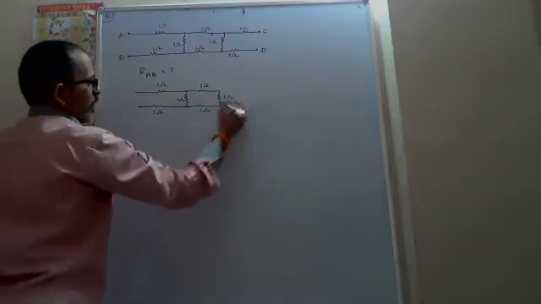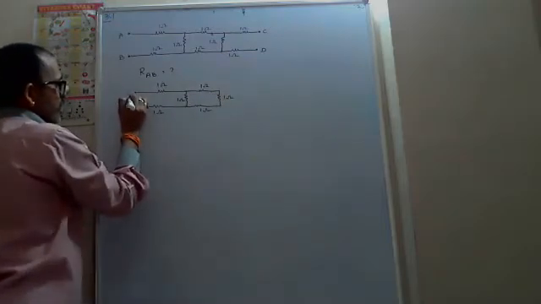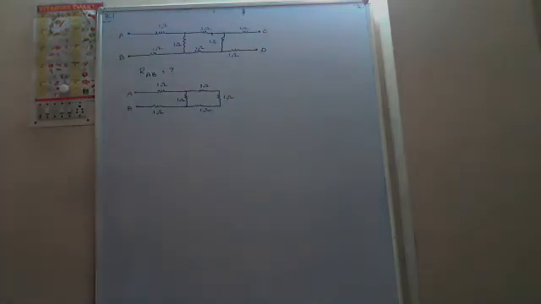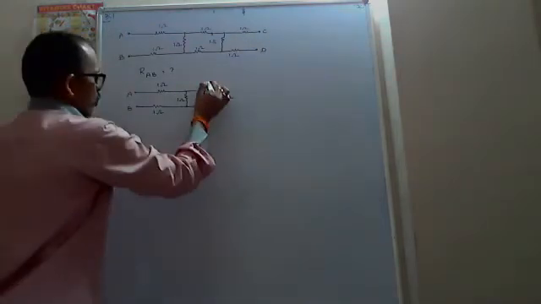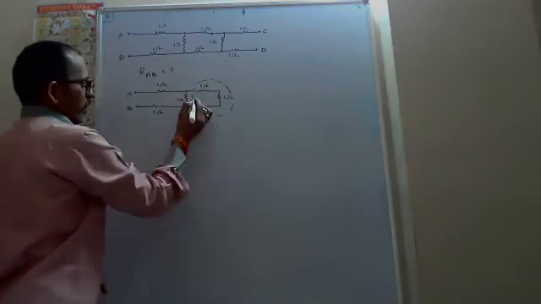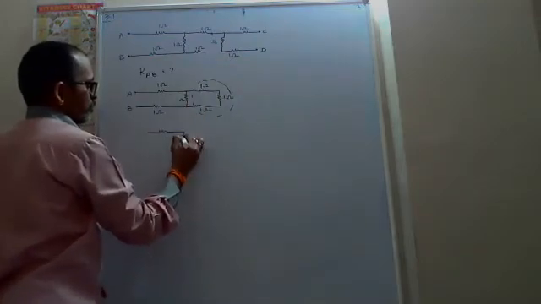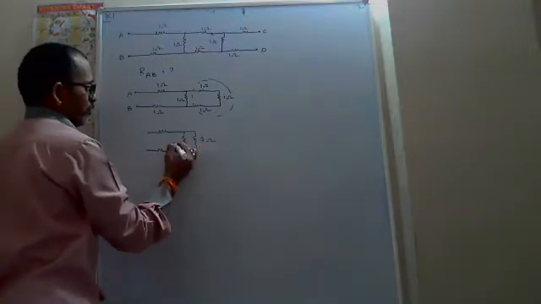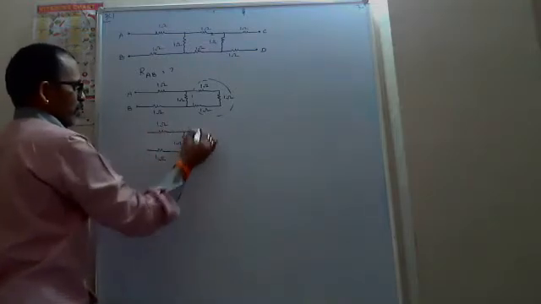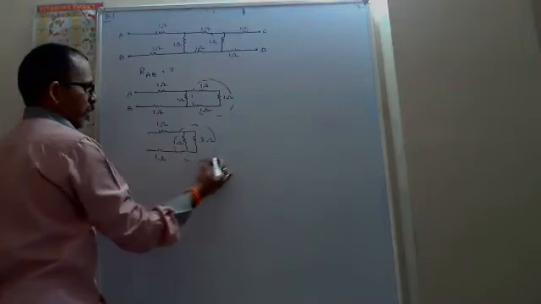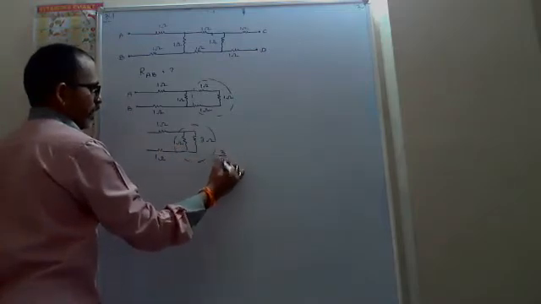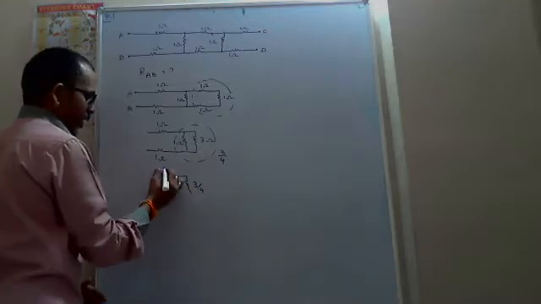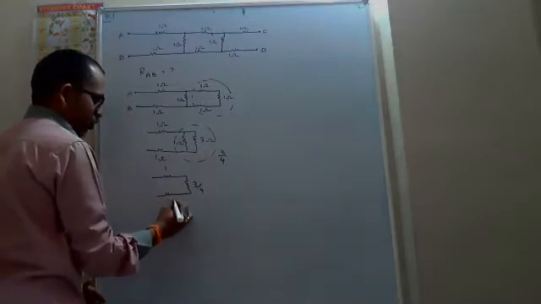So the last two are eliminated from the circuit because they are open. Open, sir. That's why they are eliminated from the circuit. And you told that these three are in series, so the effective resistance will be 3 ohm. 3 and 1 are in parallel. Am I right? Parallel means the effective resistance here will be 3/4. So this one will be 3/4 and this is 1 ohm. This is also 1 ohm.